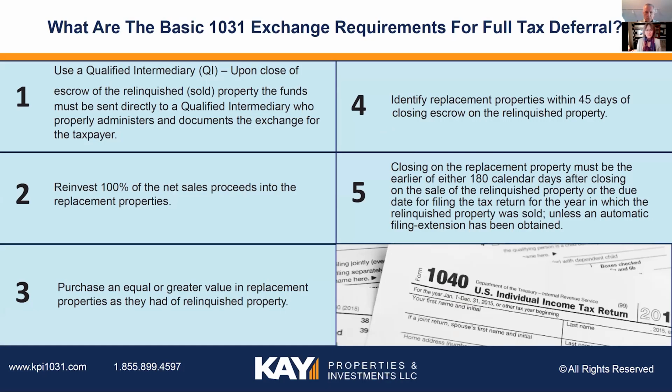The way a 1031 works is that you have to have a qualified intermediary, and that means when you go to closing on your property, you will want to make sure to have a third-party company called a qualified intermediary or an accommodator to hold your funds. You do not want to come out of your closing and have those funds coming to you in any way, shape, or form. You can reinvest 100% of your proceeds into replacement properties, and then that would be a